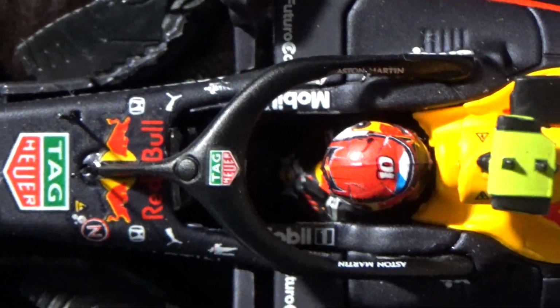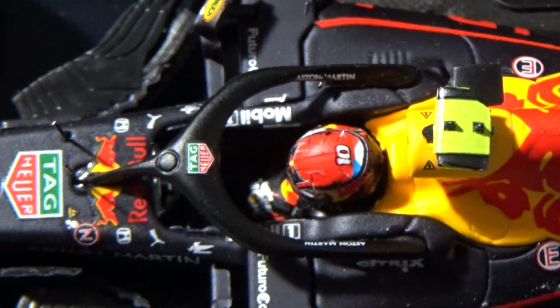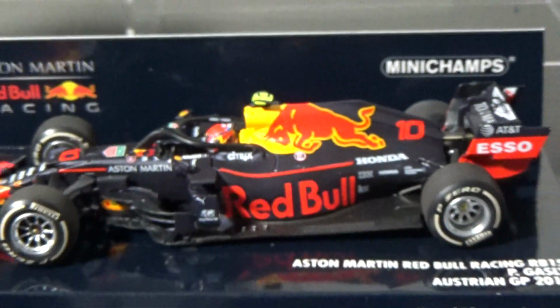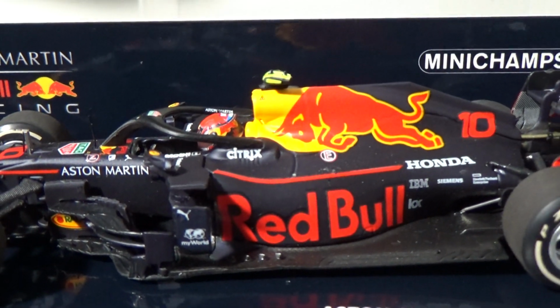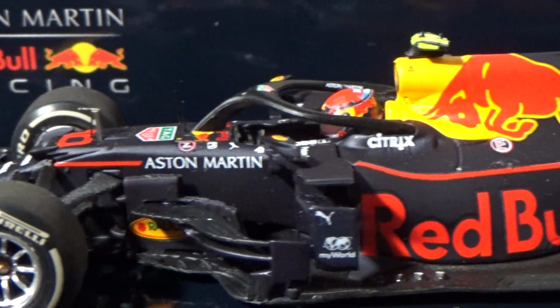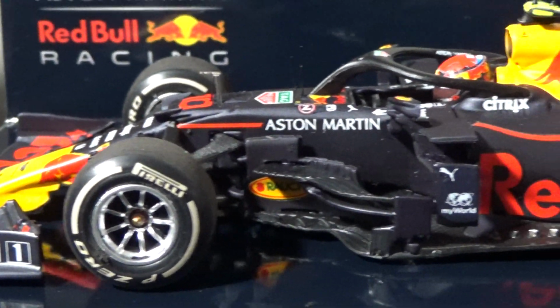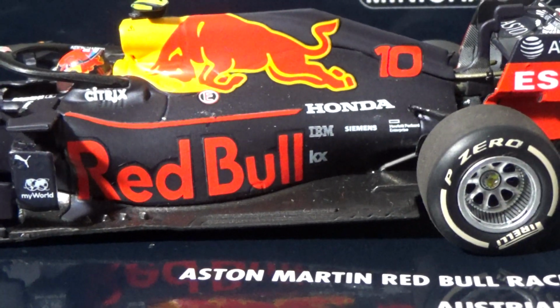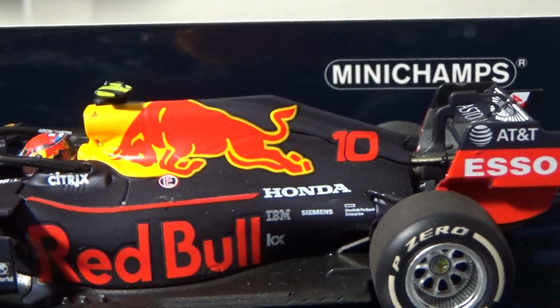And the driver's somewhat detailed. The fire suit's at least detailed. The halo's carbon fiber. That's pretty cool. And this car is all matte as well. Absolutely beautiful. I love all the fine cuts, the floor's carbon fiber, the whole Red Bull livery